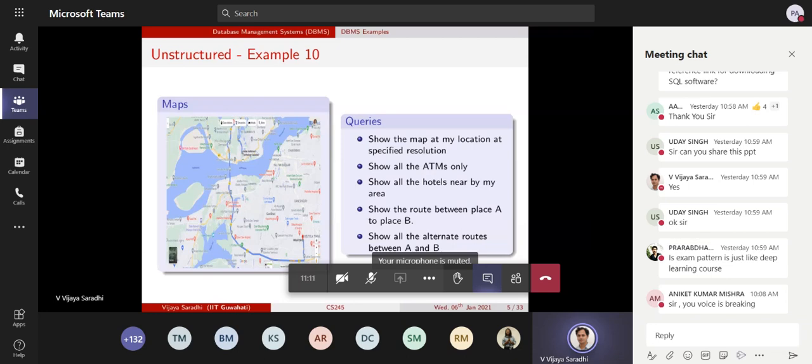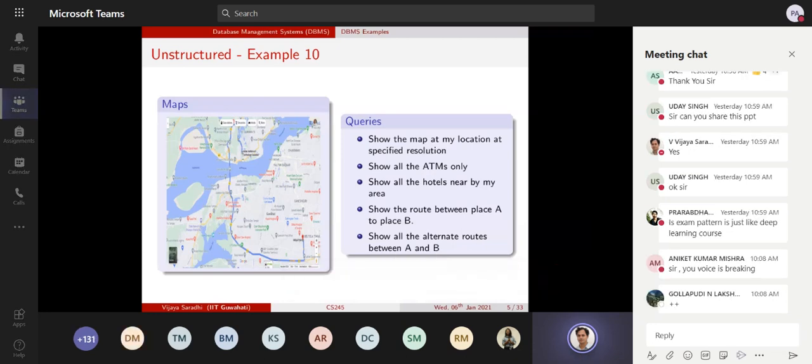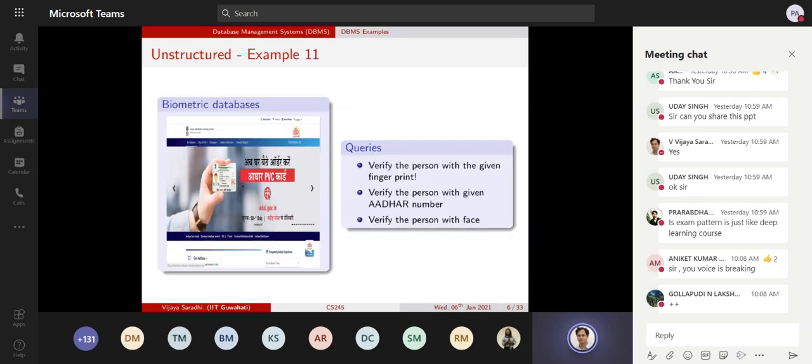These are the biometric databases. And what is this about? You all have at some point or the other interacted with these things. Maybe you all have Aadhaar cards. And Aadhaar is all about storing and retrieving the biometrics of the citizens of this country. They store the fingerprints, they store the facial database, and the purpose essentially is that they will be